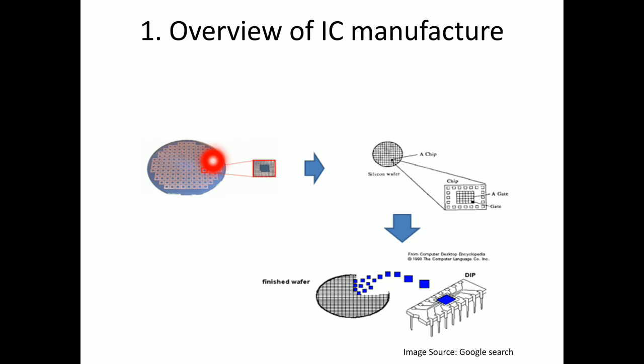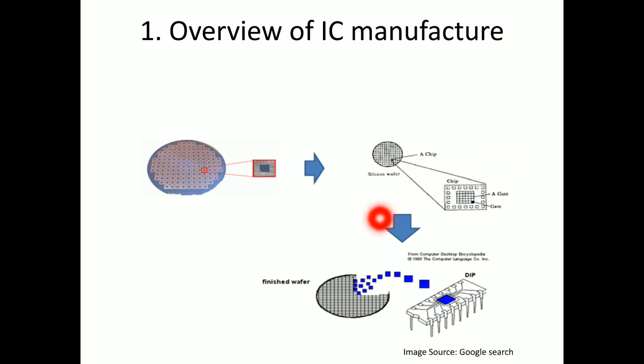This is the silicon wafer. This is the IC. You can see the gates. Before packaging, the integrated circuits will be tested on the silicon wafer itself. Why? To find out the defective ICs. When the ICs are being tested on the silicon wafer, we separate the defective ICs on one side and properly working ICs on the other side. Whatever properly working ICs there are will be sent to packaging.